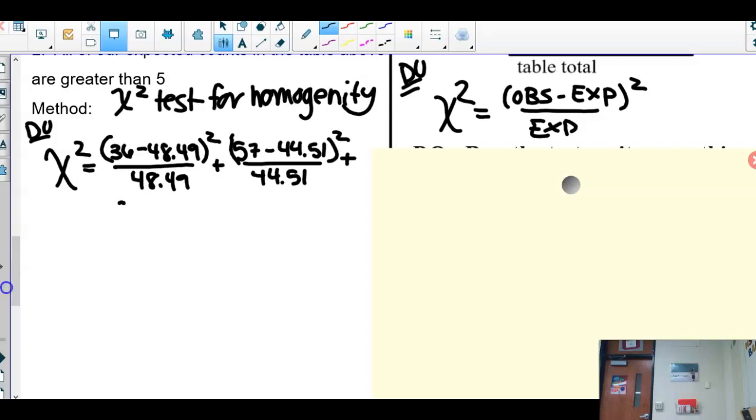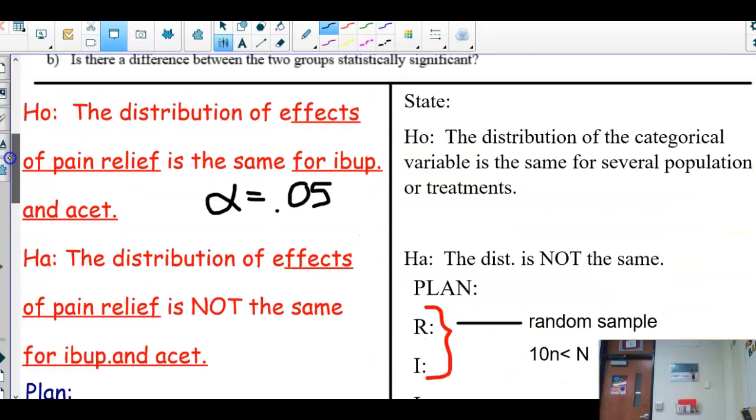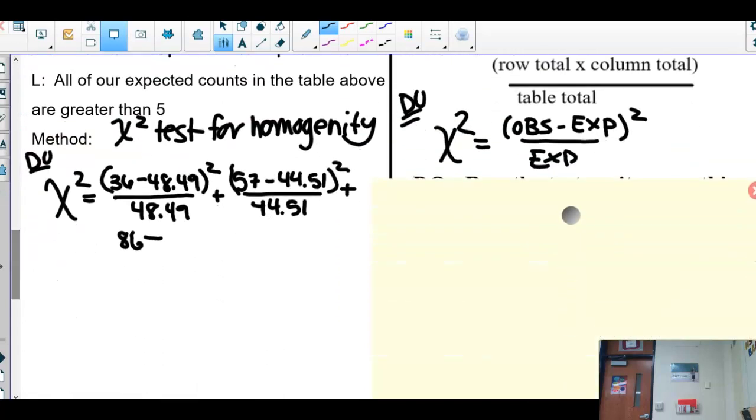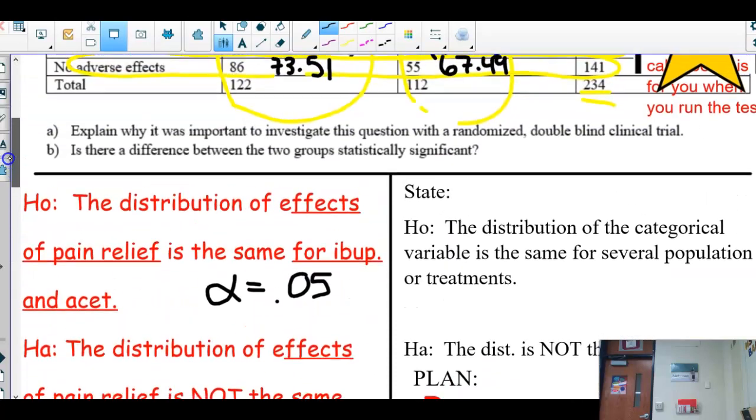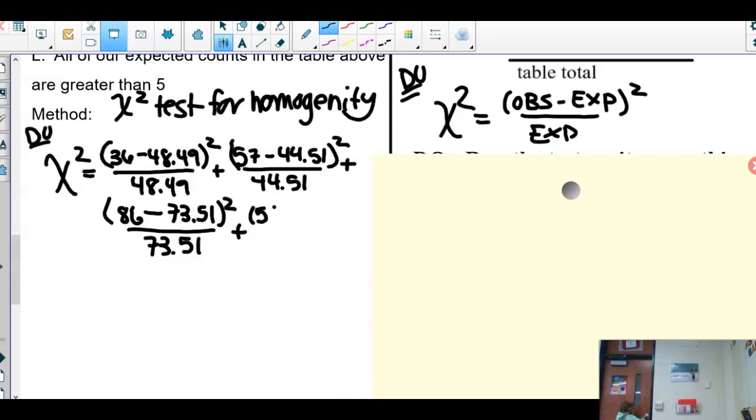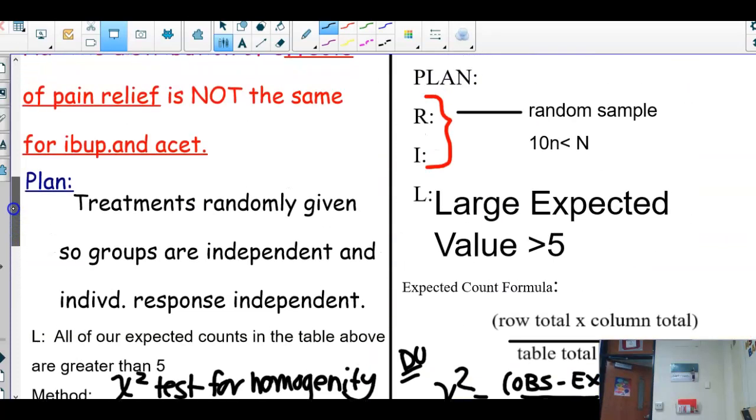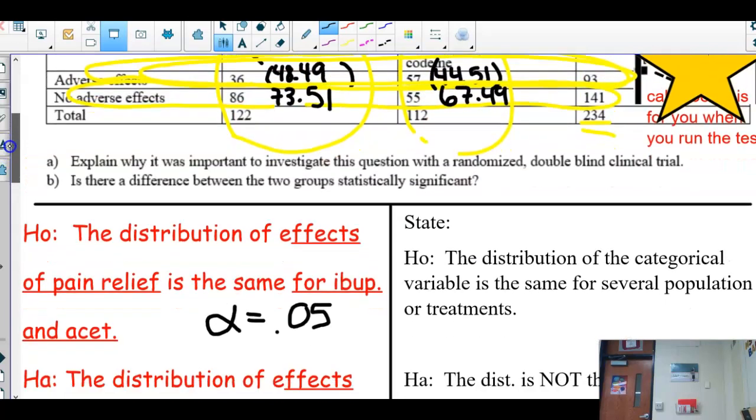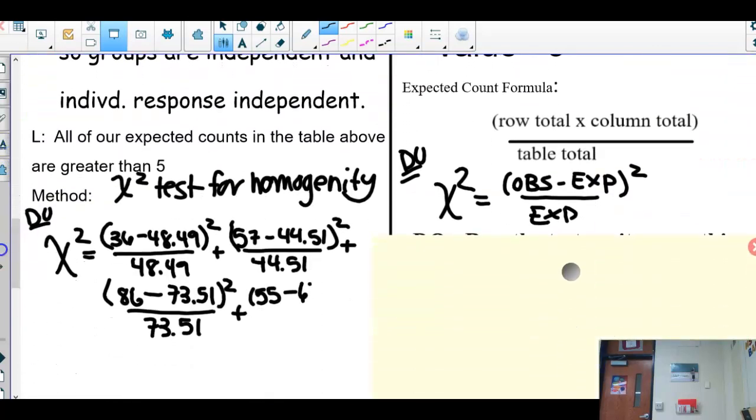86 minus 73.51 squared divided by 73.51 plus 55 minus 67.49 squared divided by 67.49. Now I can calculate that by hand, but I also want to show you how to